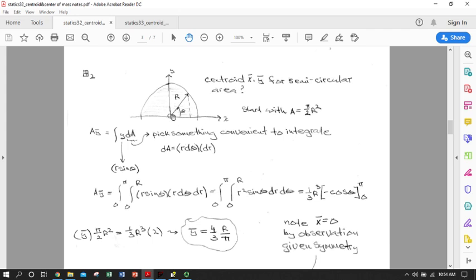Again, we're going to be looking for the area times x bar to be equal to the integral of x times dA, however we define dA, and the area times y bar is going to be equal to the integral of y dA. It's convenient for us here because most people remember that the area of a circle is pi r squared. We have a semicircle, so we know A is 1/2 pi r squared. So we have A taken care of. The real trick, though, is defining a dA that's easy to integrate over the boundaries of the semicircle and for which we can relate